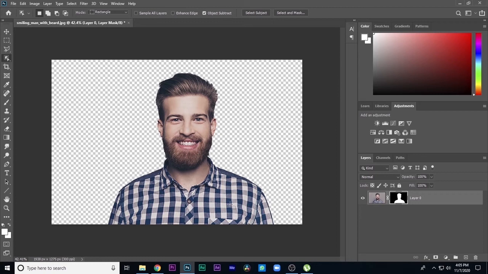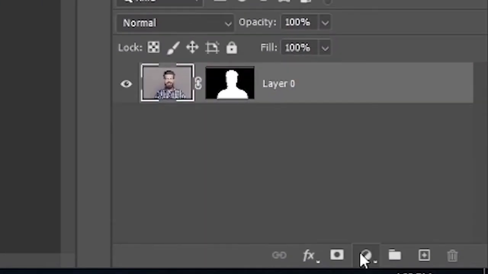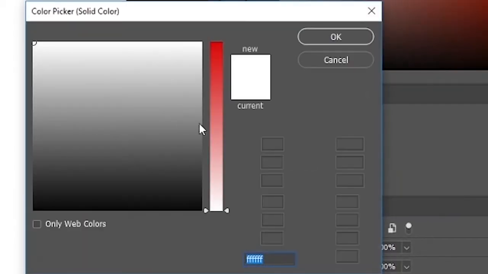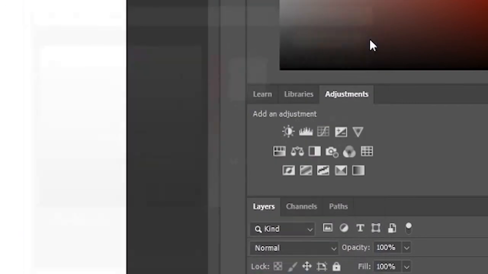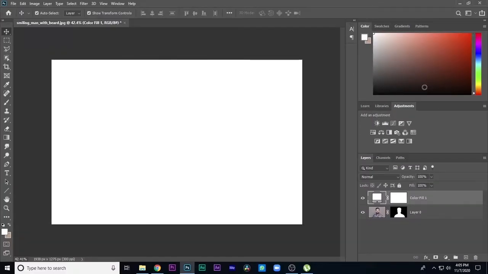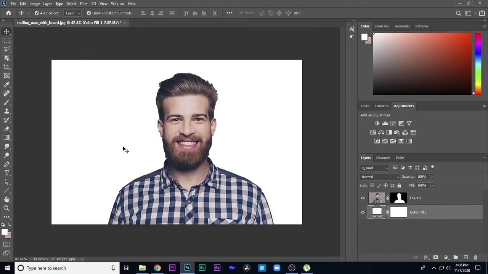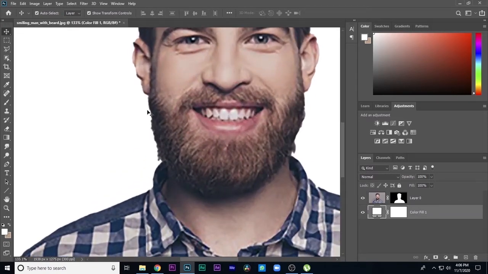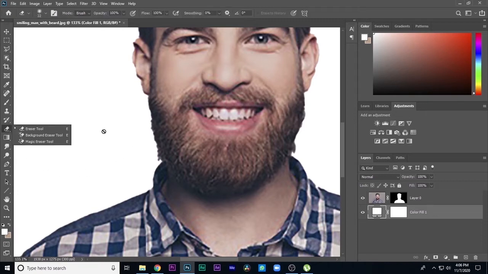Then it's good. So now what to do is take a solid background by clicking on this, choose Solid Color and select white, because if you take any other color, all the effects we use will be applied to those colors too. After that you can use any gradient or anything you wish. If you have a not so good selection, then you can take the eraser and smooth the surfaces. I am going to smooth and I will show you.